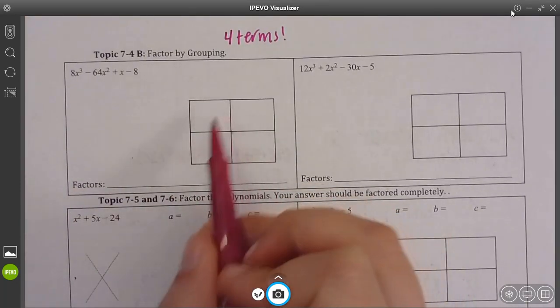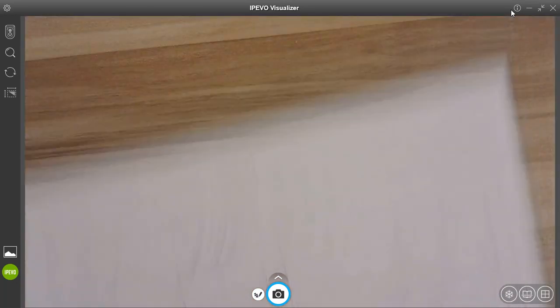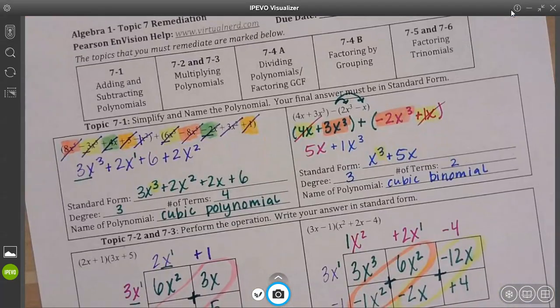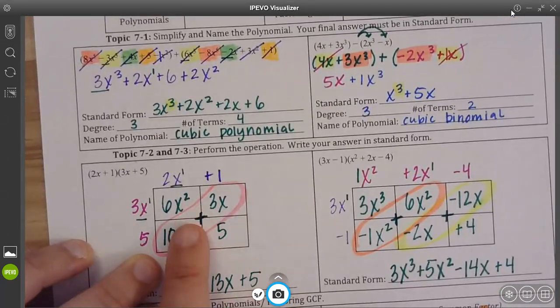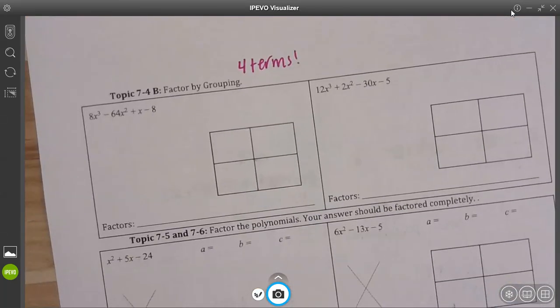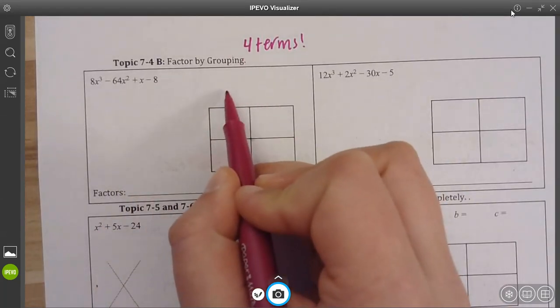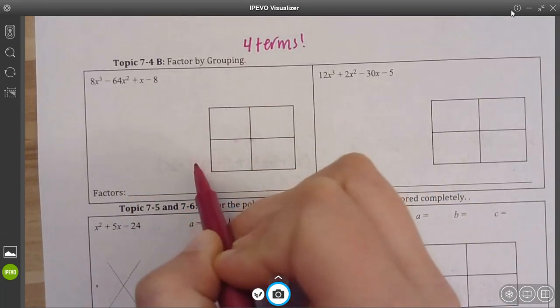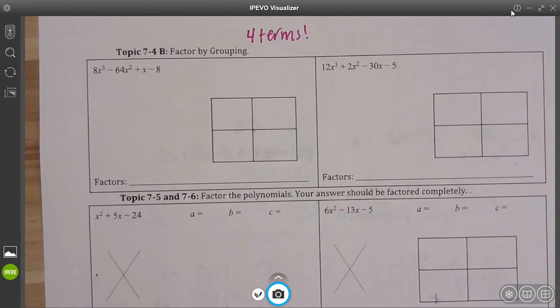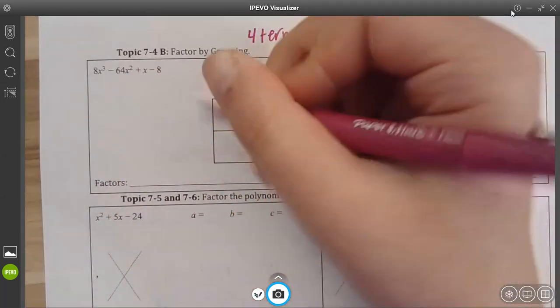And we have a box here. Remember how we were multiplying and we used this box to multiply two things together? We're going to use that box, but we're going to do it backwards. We're going to pretend like this is our answer, and we want to figure out what the two terms were that we multiplied together. So what I'm going to do is take my 8x to the third power,